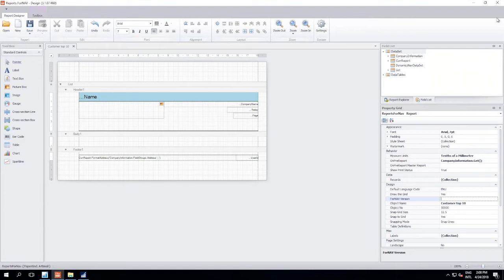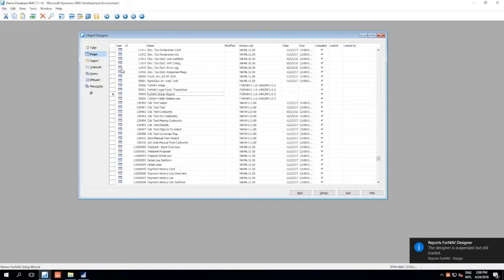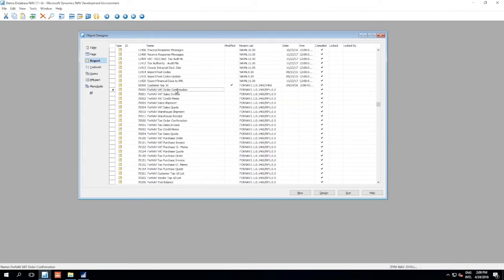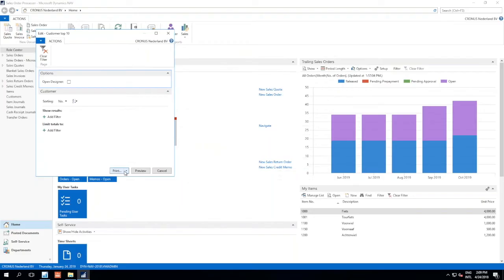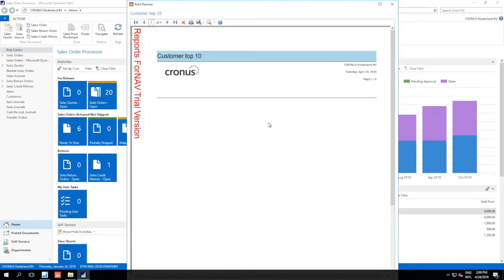And when that's done, I'm going to close the report designer. We'll have a quick look at how it looks in NAV. If I go to my reports, you see I have my customer top 10 list here. It has just been created some seconds ago, and it has a ForNAV version list on it. So if you run this, you actually run the object in the NAV database, hit preview, and we see here a customer top 10 list with